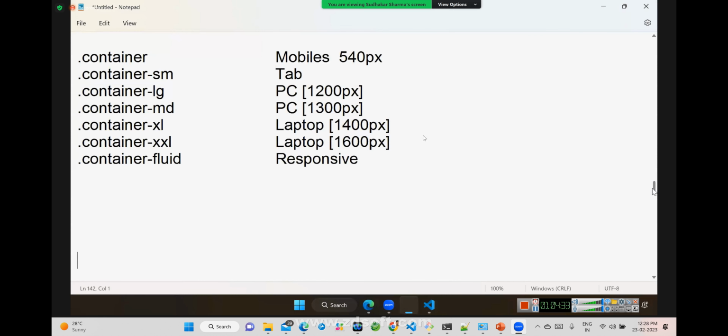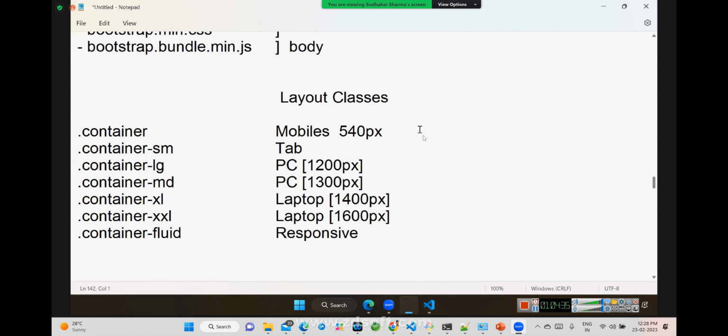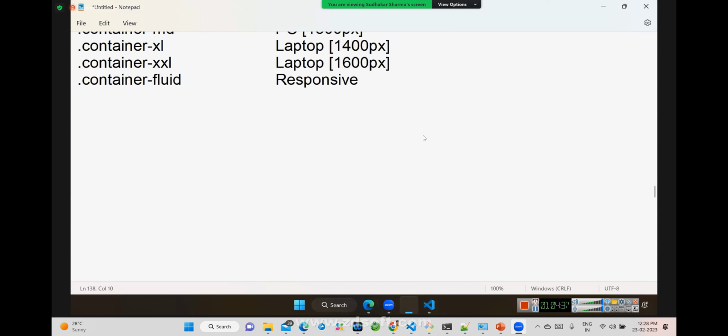Now if you want to control manually, then you have to use box model classes. I hope when you learned CSS, you learned the box model. You learned the CSS box model. So actually the CSS box model is nothing but the box model, which comprises of